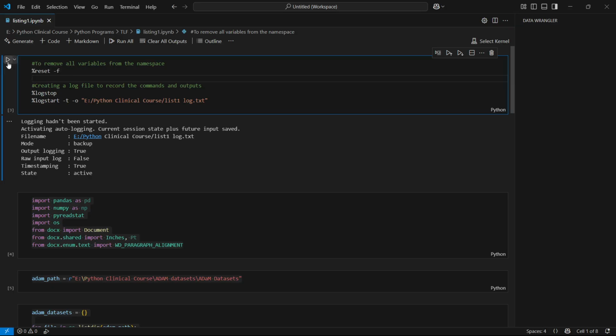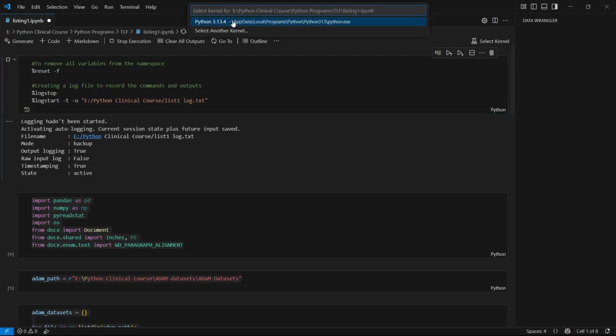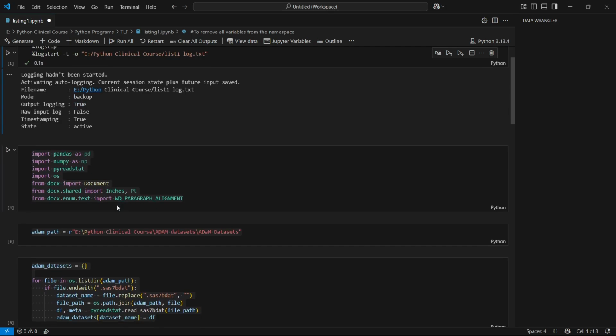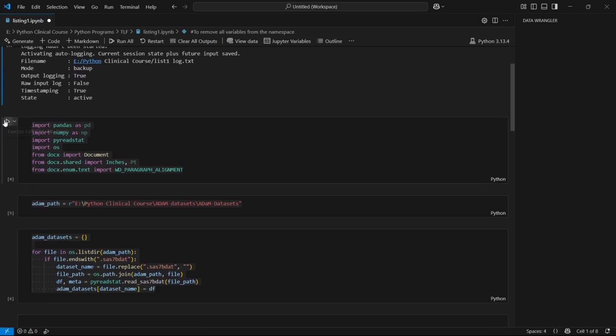Okay, so if I run this one, I'm using the 3.13 version here, so I'm connecting this kernel here. If I run this part, I can see the list1 starts logging this information. Okay, next I'm importing all the required libraries in this listing execution. So here, what you have to know is that there is one new library we have to import, that is